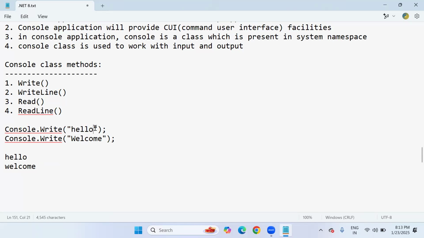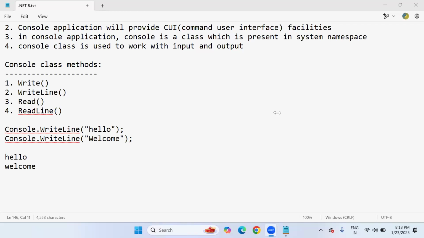But you can see, do you want to go with the next line? Better to go for \n also, it works. \n means new line. So Console.WriteLine is equal to Console.Write with \n. Or else, without \n, you can go with WriteLine like this. So with the WriteLine method, we can print output statements line by line, whereas with the Write method, we can print output statements in the same line only. This is the difference between the Write and WriteLine methods. Okay, fine. Next,